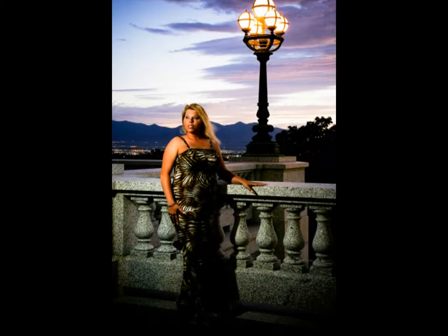This next photo is a picture of a beautiful young lady. Her name is Chastity. We shot this up at the Capitol building, right on the terrace of the Utah State Capitol. And it was actually very late at night, about 9:30 at night. Pitch black outside. All we had was a small lamp. And what we did is we did a